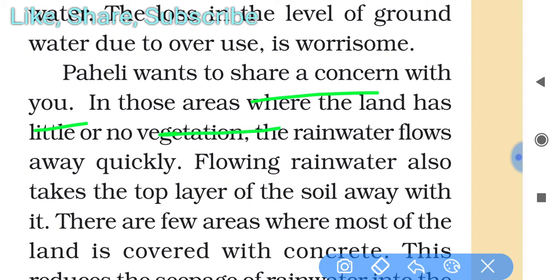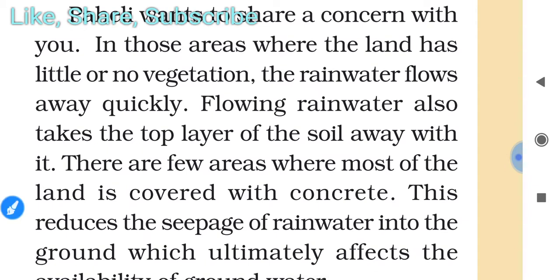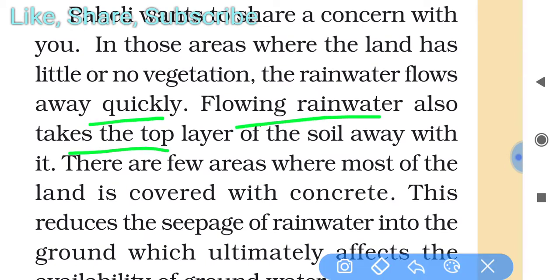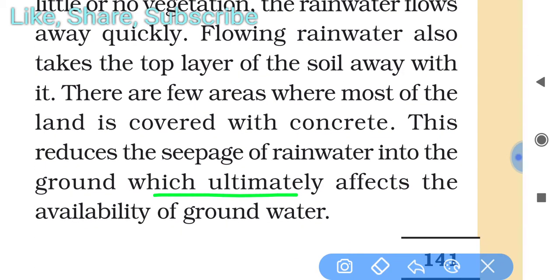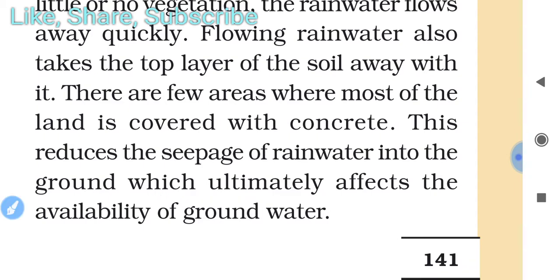In those areas where the land has little or no vegetation, the rainwater flows away quickly. Flowing rainwater also takes the top layer of the soil away with it. There are few areas where most of the land is covered with concrete. This reduces the seepage of rainwater into the ground, which ultimately affects the availability of groundwater. So you can see that